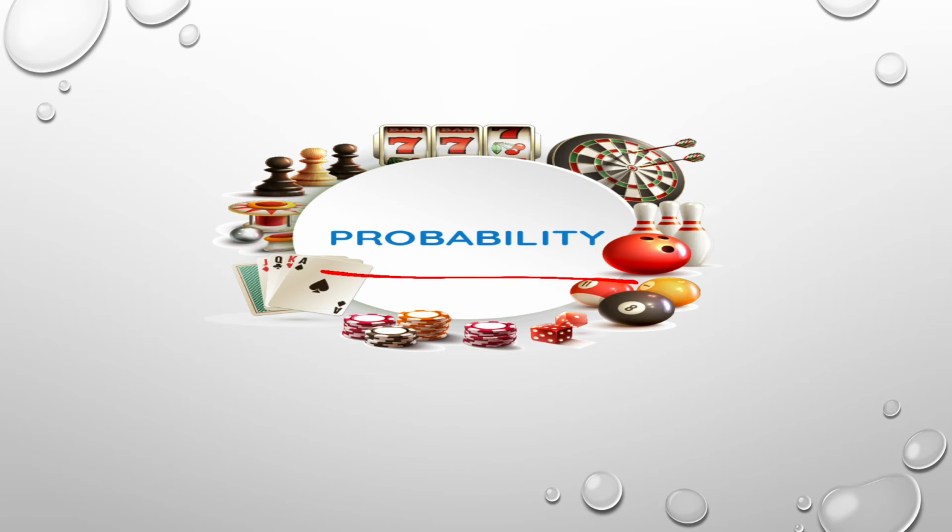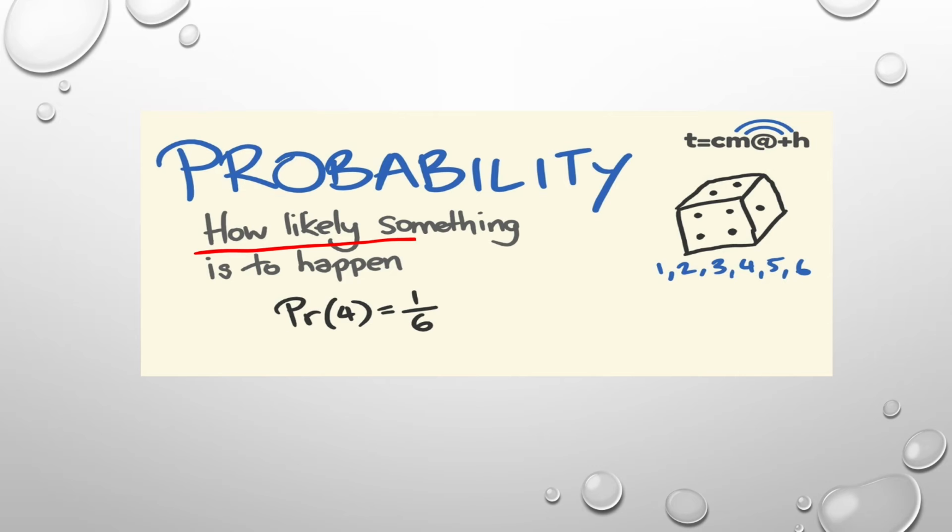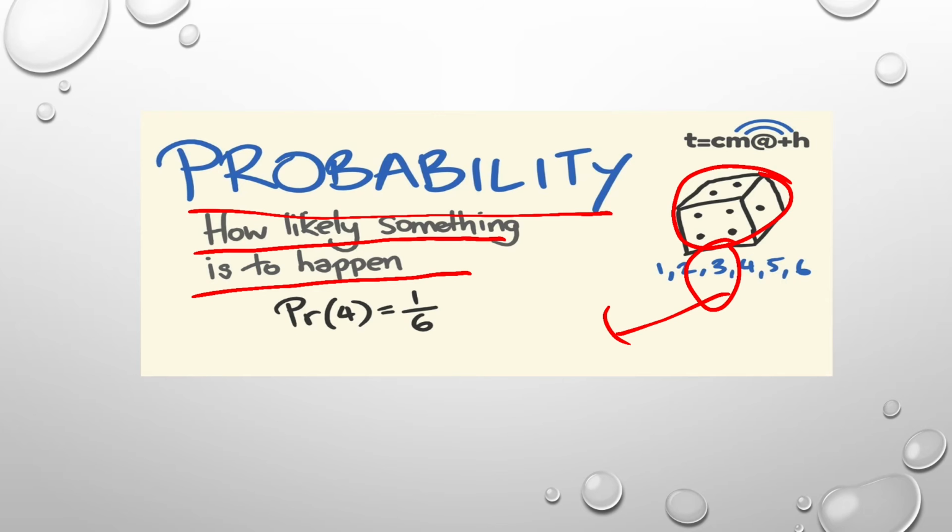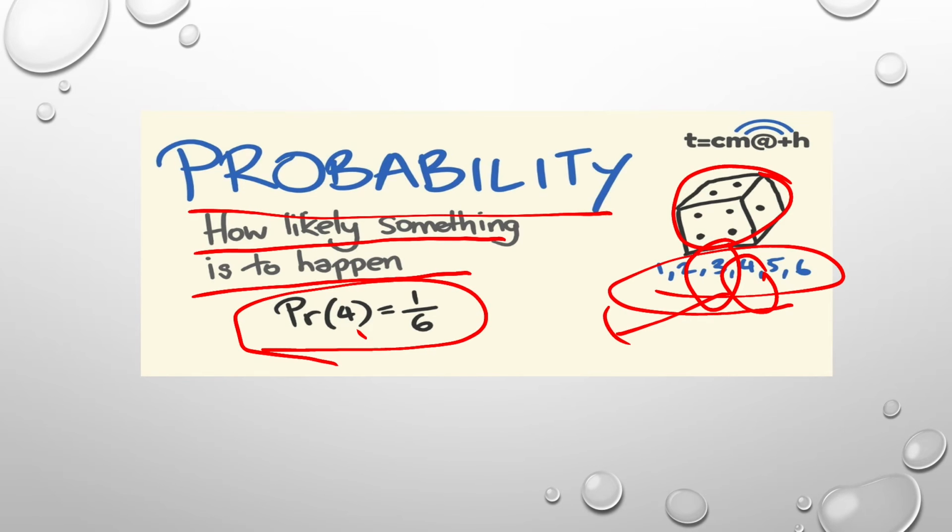Now come to the next topic, that is probability. What is probability? Probability is how likely something is to happen, right? If you throw a dice, what is the probability of getting 3? Getting a 3 is an event. We have to find out how likely something is to happen. So there is a probability of getting 4. We have 4 here out of 6 elements, we have 4 only one time. So the likely outcomes, or we can say the favorable outcomes, is 1.